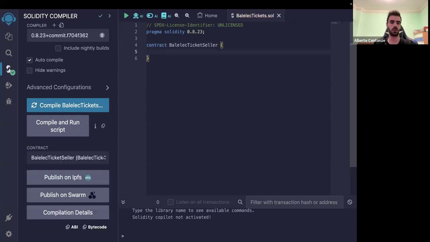And we just open the brackets. See here the compiler is working. It's auto compiling anyways, so it should give you just a green tick. And if you manage to do this so far, you have an empty functional contract, which is really nice. And here we're going to do a couple of things. We need to store two very important pieces of information. Again, what we're trying to do is sell tickets for Balélec in an imaginary world where Web3 is not just about cryptos, but also, in what I hope to be the future, about real world usage.